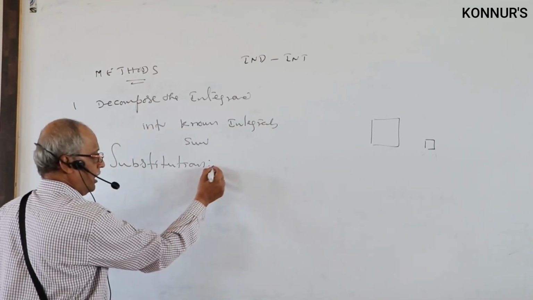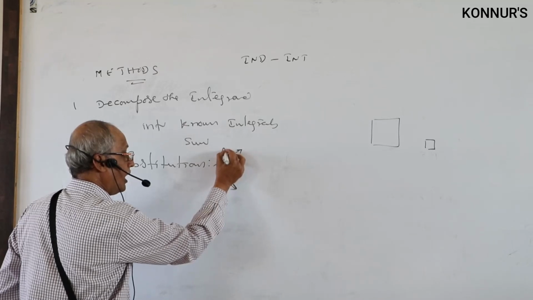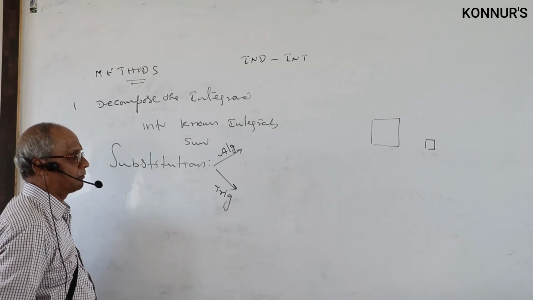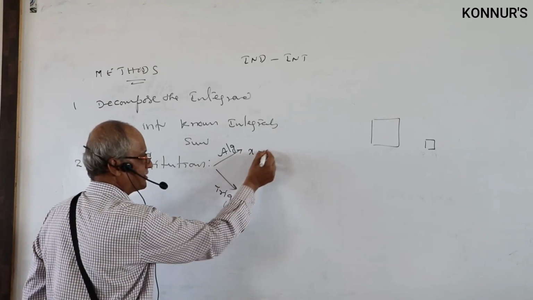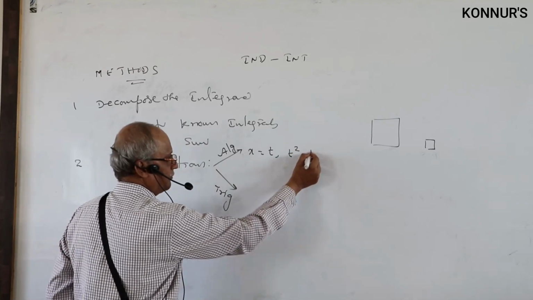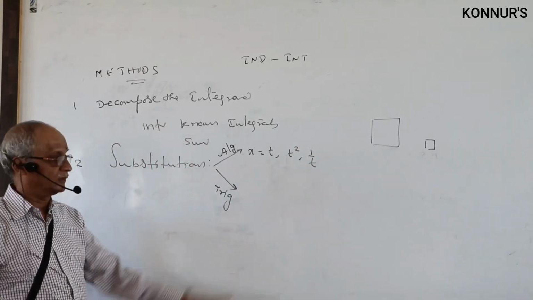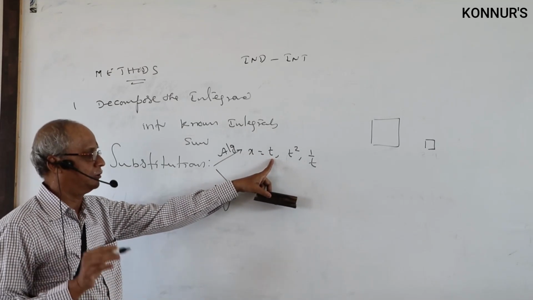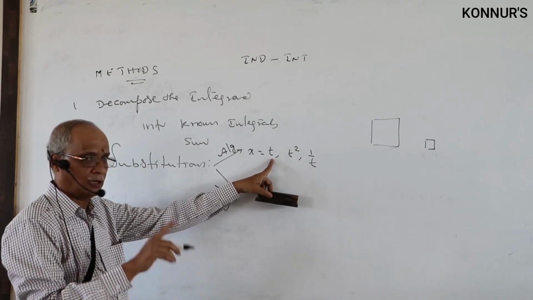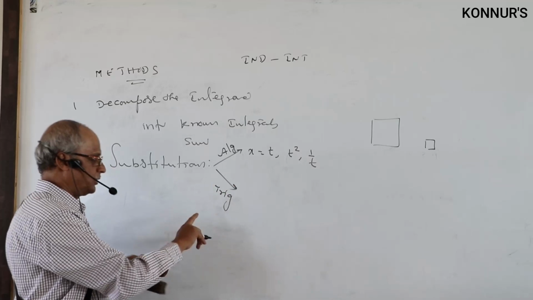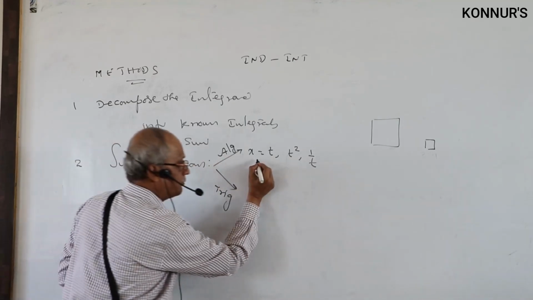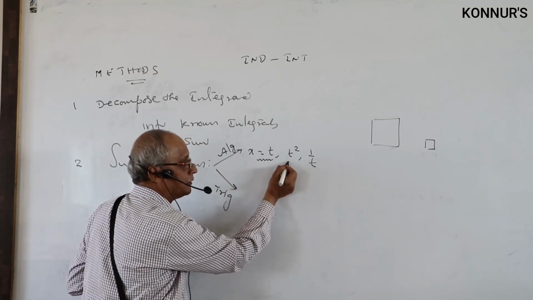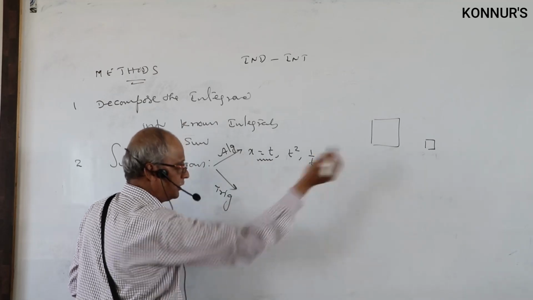Here there are two varieties of substitutions: algebraic substitutions and trigonometric substitutions. Normally algebraic substitutions means in the place of x we substitute t square, 1 by t, and so on. The most useful is t; 90% of problems you can finish by taking x equal to t. Not only in CET, but in mains, advanced, any national exam, if you go for substitution in integration, this will help the most. Some problems can be done with t square, some with 1 by t. We will come to know later.